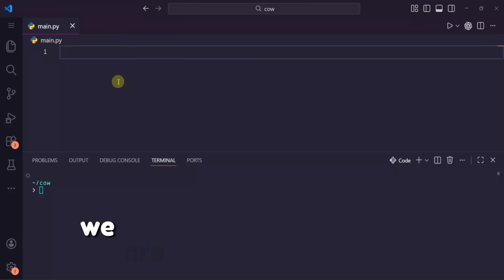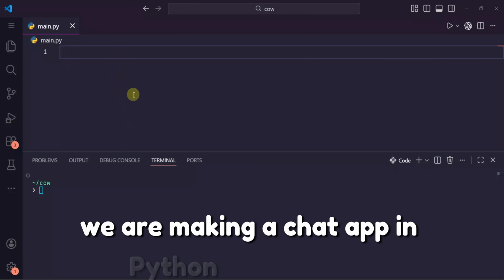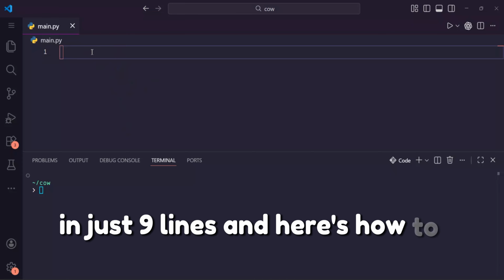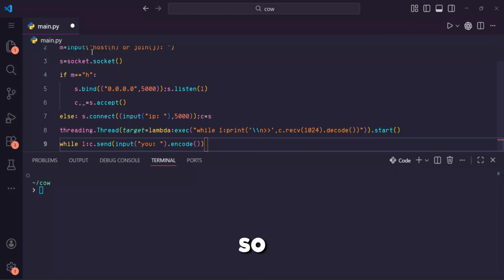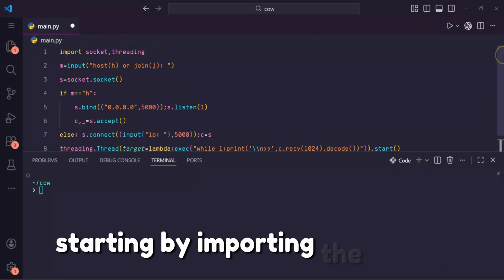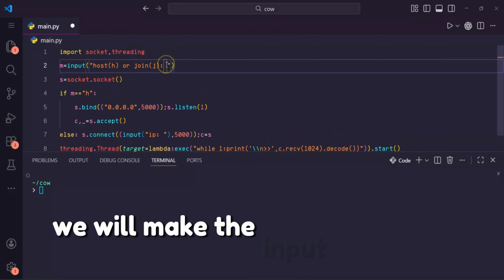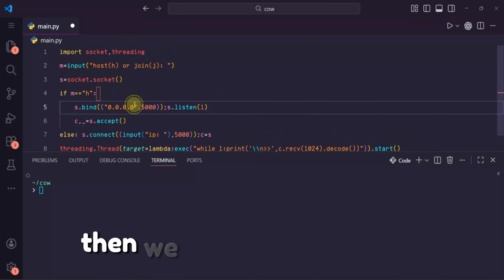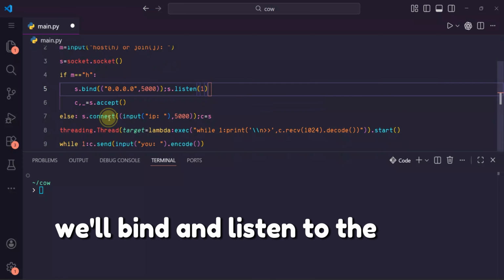So today we are making a chat app in Python using socket in just 9 lines, and here's how to make it. So starting by importing the socket, we will make the input of host or join, then we will create the socket, then we will check if it is host, so we'll bind and listen to the 5000 port,